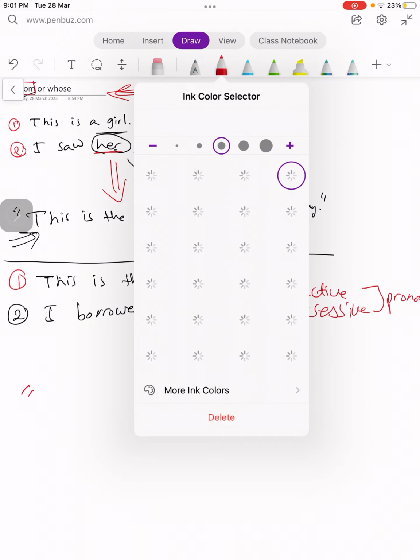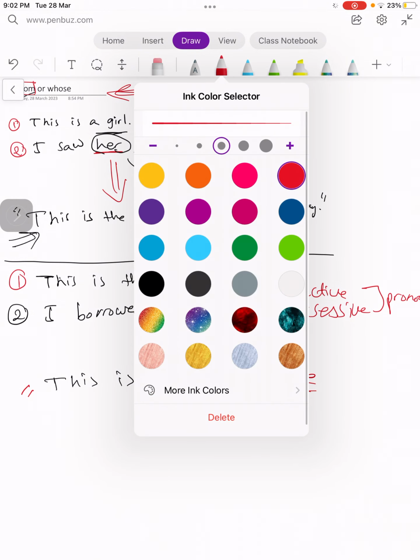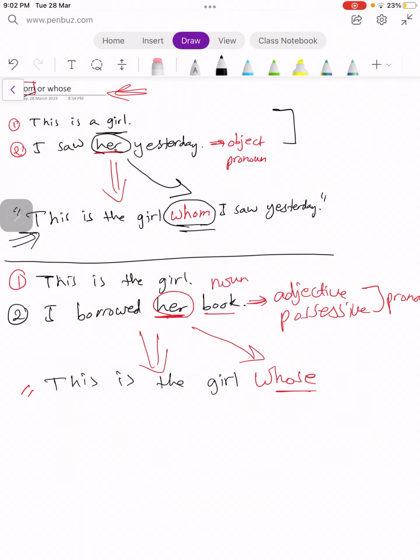Now I want to make these two into one sentence also. I will say the following. So this is the girl. Now we'll have whose. So whose here replaces her. So instead of her, I'm making two sentences into one sentence. This is the girl whose book. So I'll say whose book